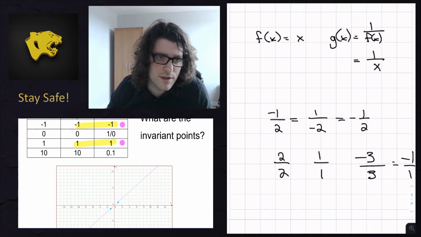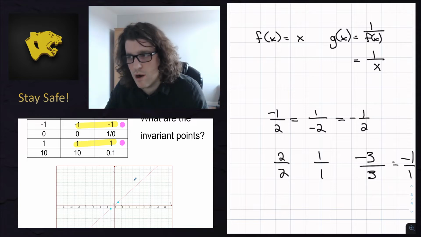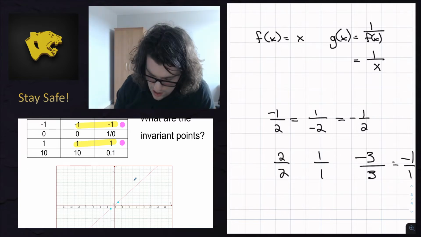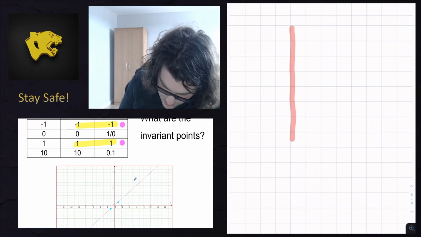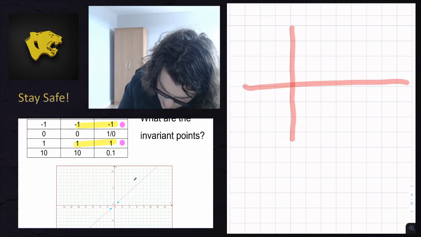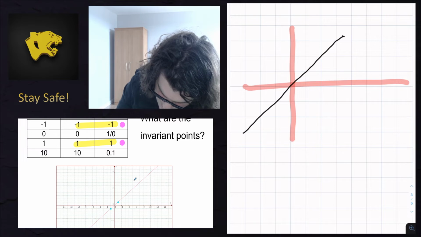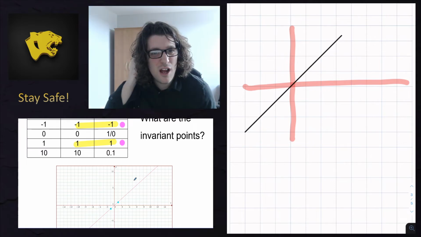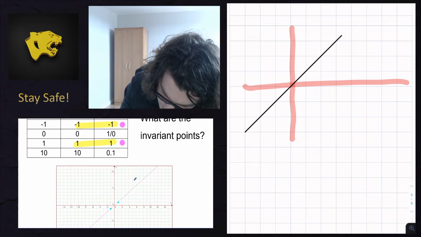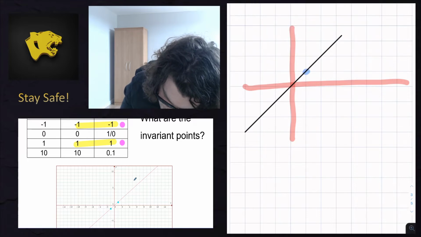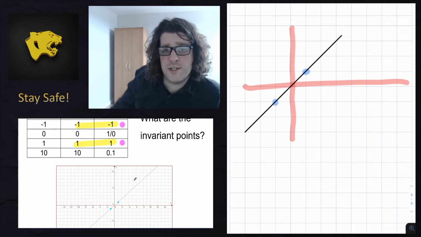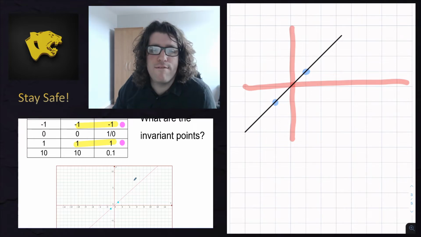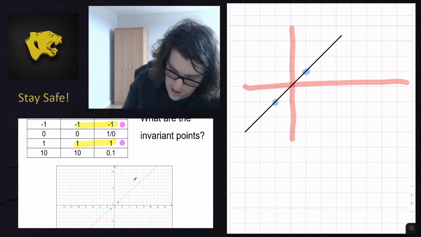Now, this is going to be awful because I can't freehand this very well, and I should have probably put something over onto my page. Maybe I'll just do a really quick sketch of it here, because if not, it's going to become a big mess. So if I have a linear function, just y is equal to x, and I say that right here is an invariant point, and right here is an invariant point. So the question is, do I understand what my function is going to look like elsewhere? So out here,